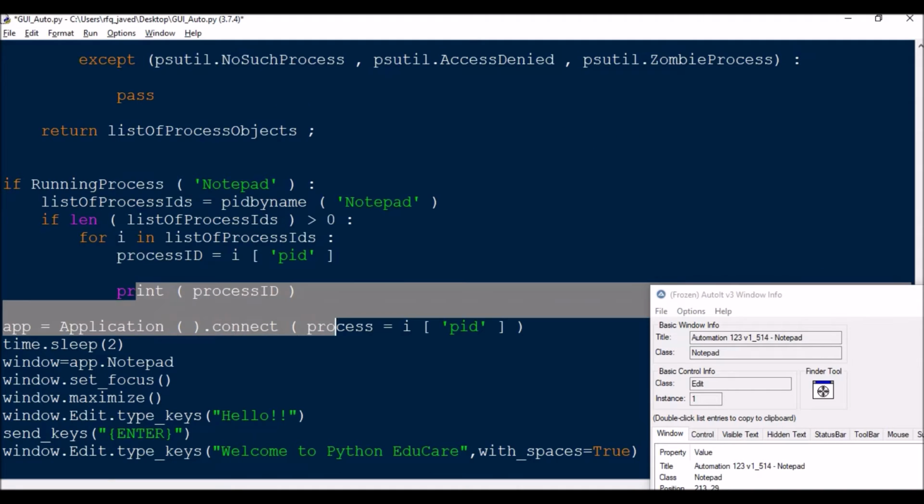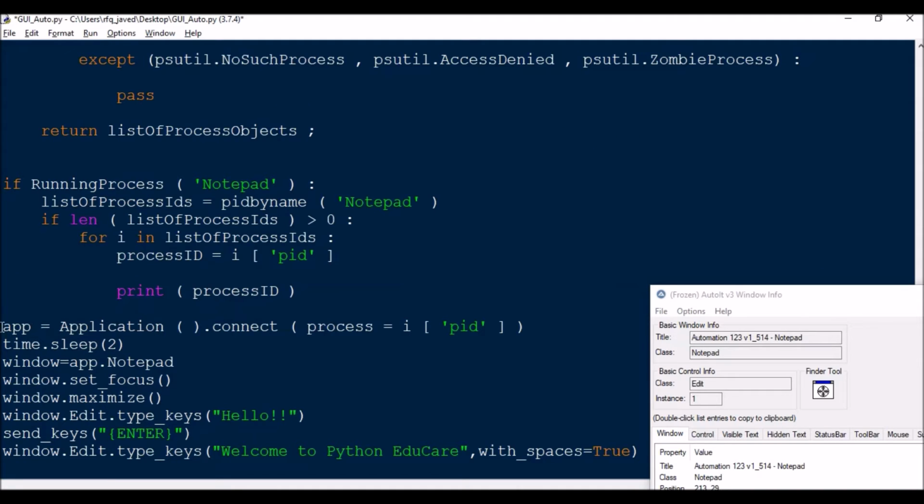So this is nothing but to print it. After that, what I'm going to do is app is equal to application.connect, then process is equal to process PID. Then I will wait for 2 minutes. Then next, what I'm going to do is